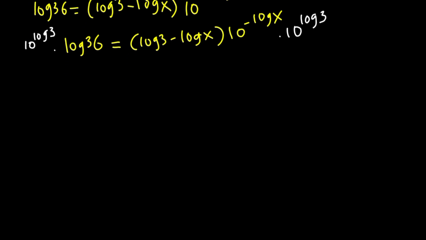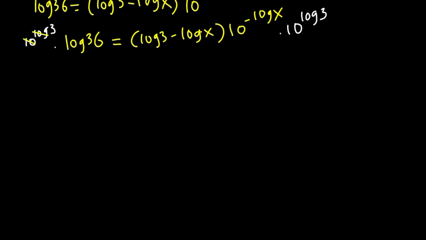And guys, don't forget the rule. We can say this cancels out to give us 3 times log 36, and that equals,